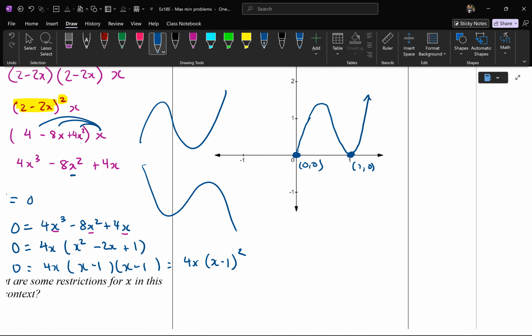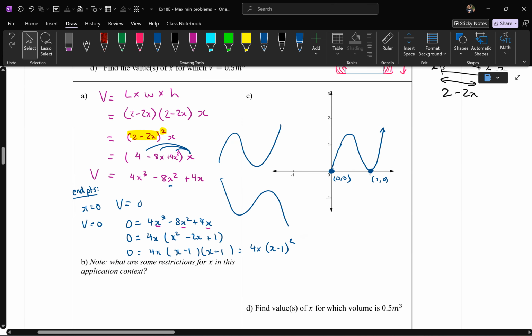Technically the graph is meant to continue, but we're going to stop here because volume can't be negative, so x can't be negative. So it must be something like this. The problem is that you can't have infinite x length, so your volume has to stop somewhere here. That clearly indicates to me that the maximum volume must be a stationary point. That's when you use stationary points. See what I'm doing? You have to work out endpoints, figure out roughly what the graph looks like,